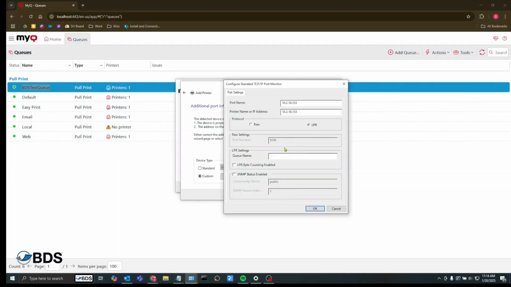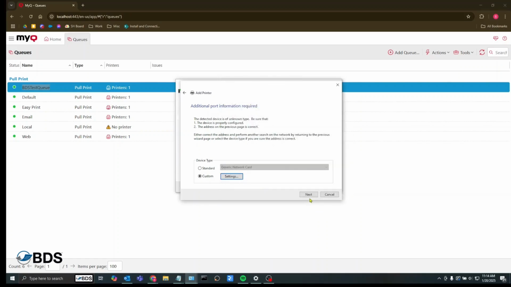But this needs to match up exactly because this tells MyQ where the print job is going. The last thing we want to do is turn on LPR byte counting and disable SNMP status. It's already disabled here, but if it is enabled, you want to disable it. Click OK, then click